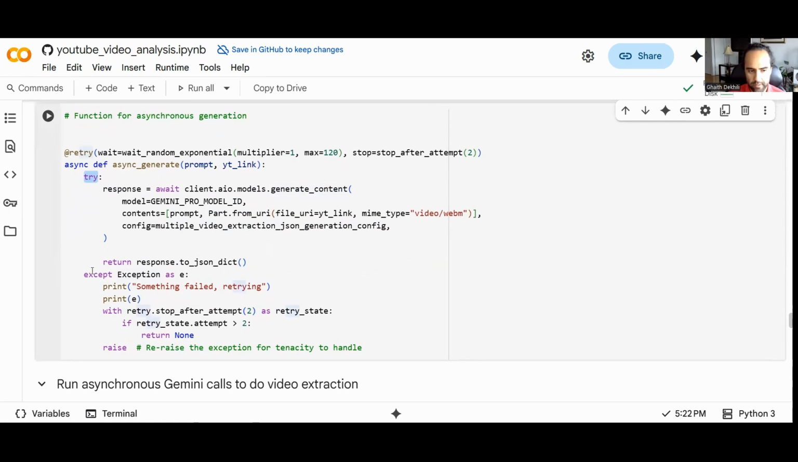We use try except blocks. We use our generate content method, but in async mode this time. We specify the model that we want to use. We provide the prompt, the link to the video, and the generation config that we already defined. And here we are using a retry mechanism defined as a decorator, and we even define how many attempts we